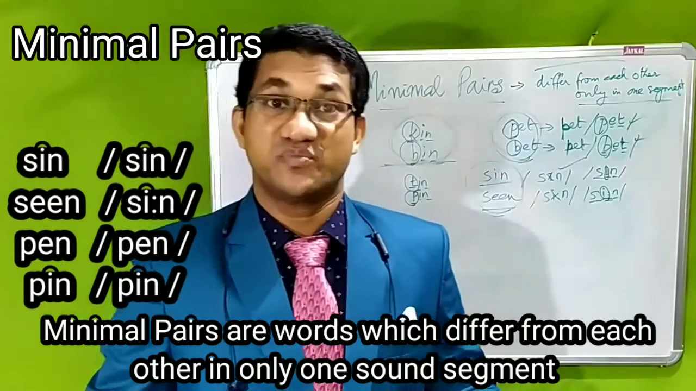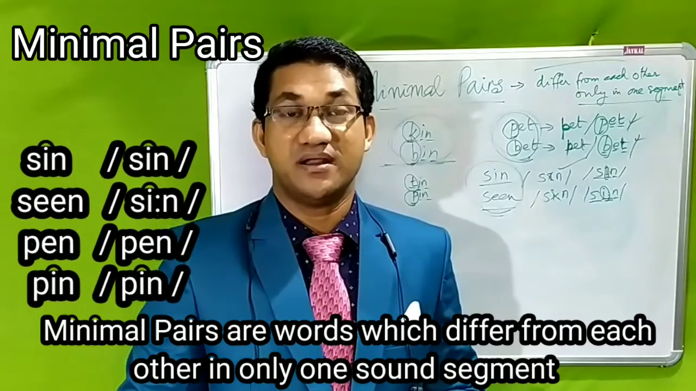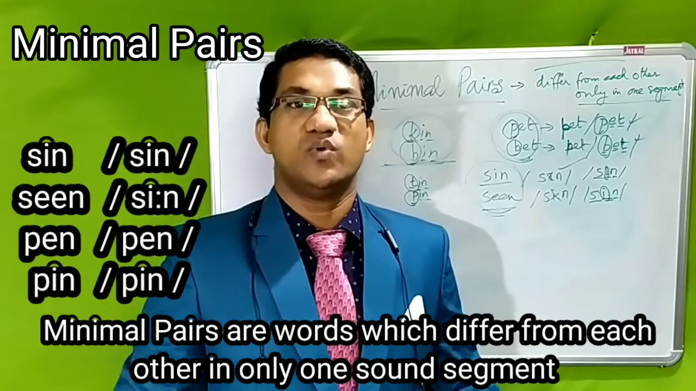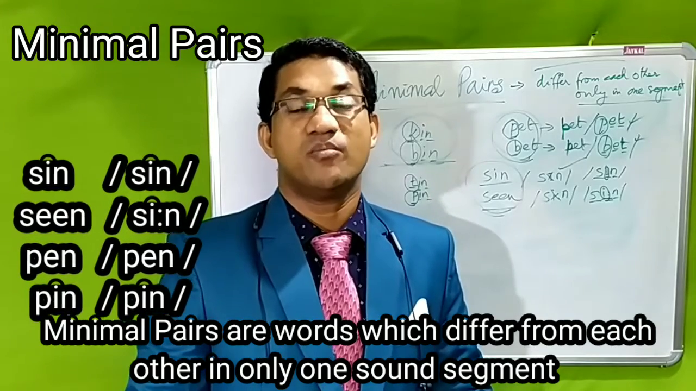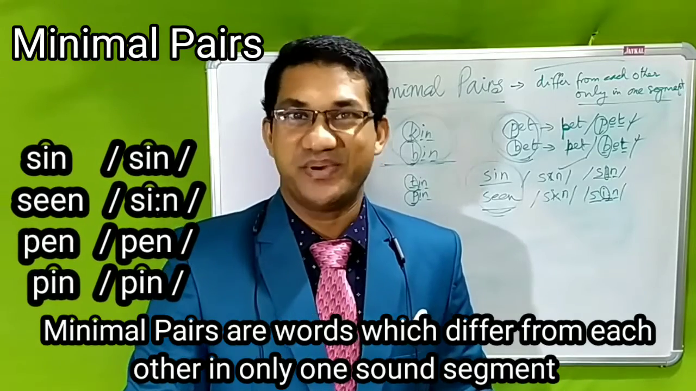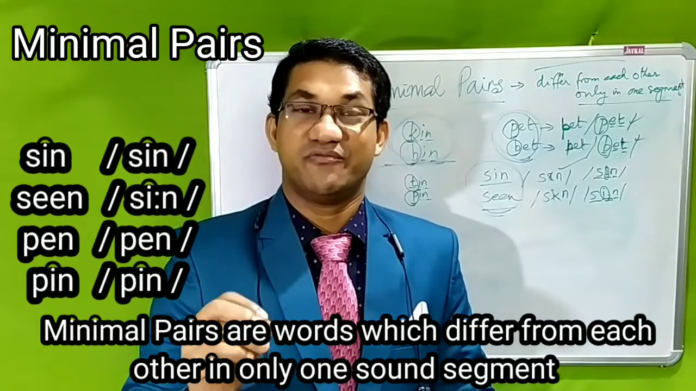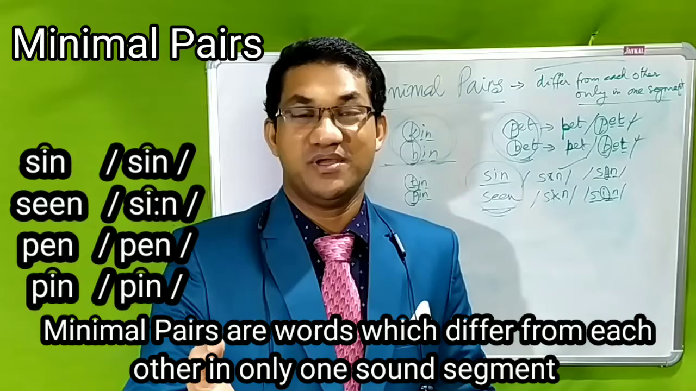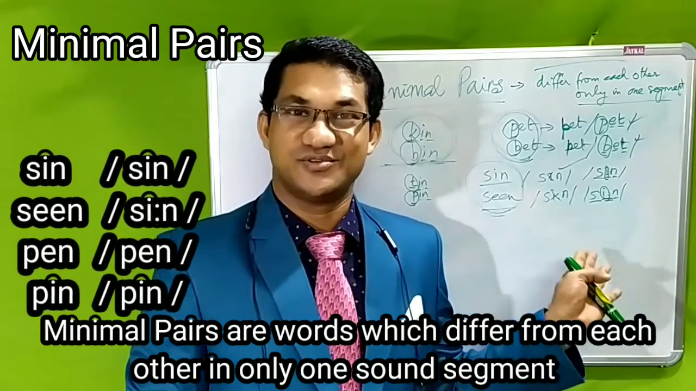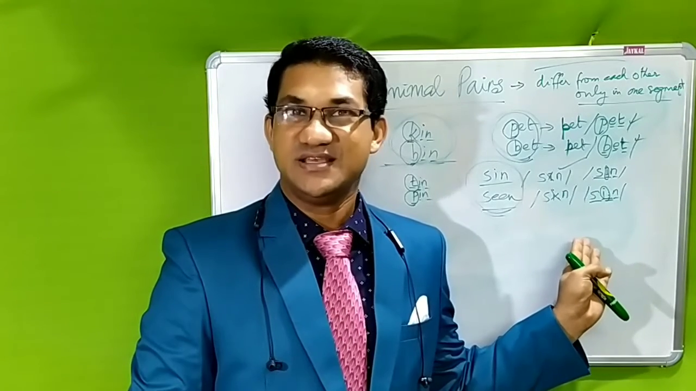So in English we have plenty of words like that, pairs of words which have a lot of similarity but differ from one another only in one segment. So such groups of words, pairs of words which differ from one another only in one segment are known as minimal pairs, and it is clear to us, from the exam point of view, it is very important for us. We may be asked to give examples for minimal pairs, and of course we can give examples like these, like sin and seen,